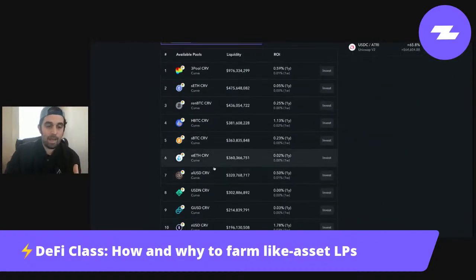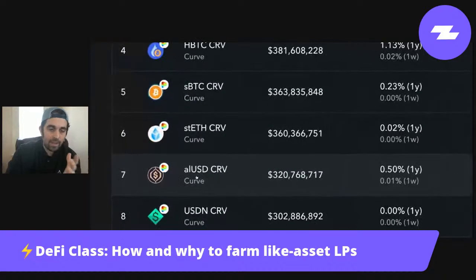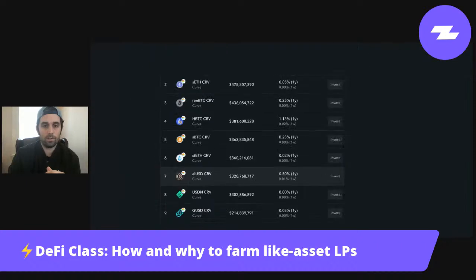But I don't have to worry about, in this case, barring some black swan event, ALUSD falling in price, because that's a stable coin. So if I want to hold those stable coins, I continue to benefit from that stability while putting my money to work, earning market making fees and potentially yield farming rewards.